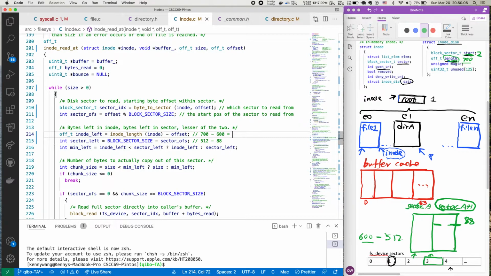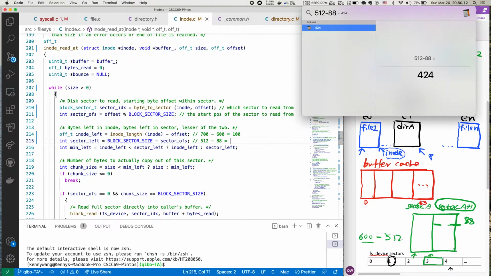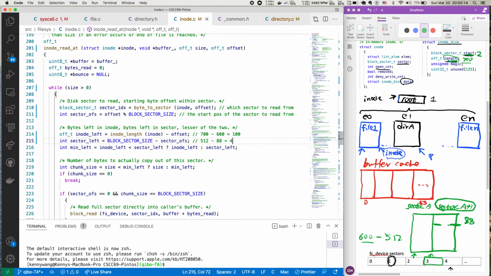So this is 100, and this is 512 minus 88, so 424, okay, right? And we want to take the minimum of these two, right? That's the minimum. The minimum of these two is the actual